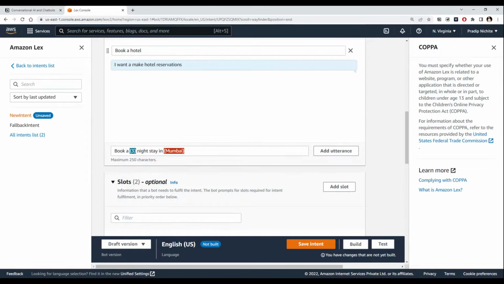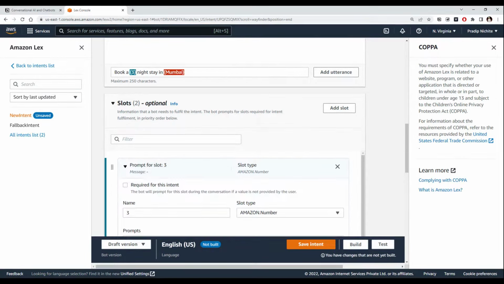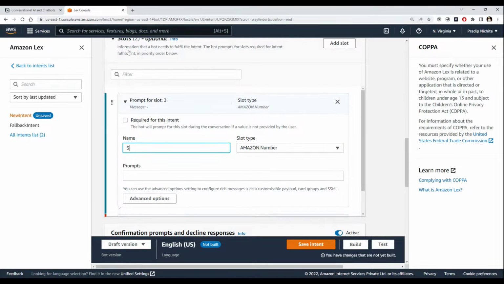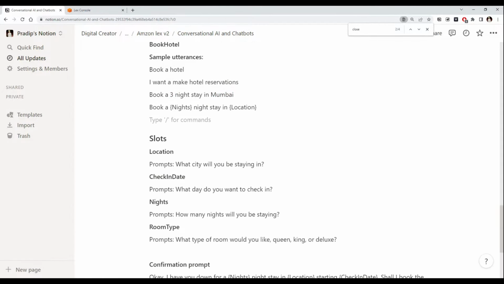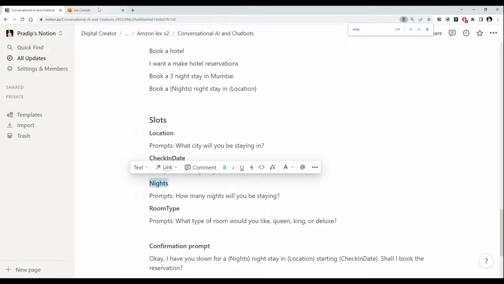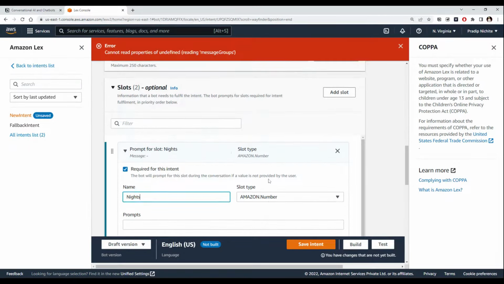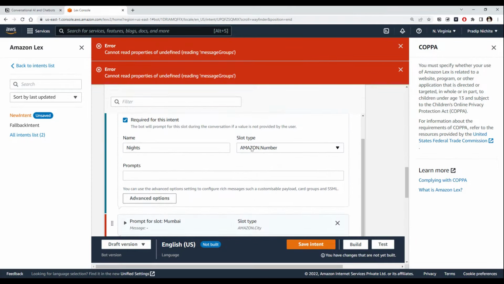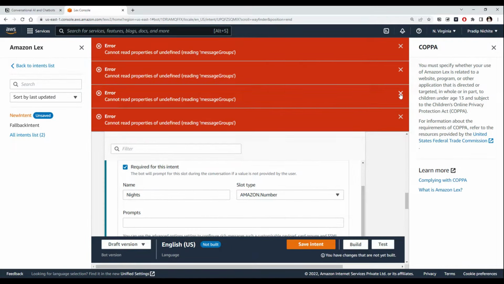You can see once we selected two values, two slots got created automatically, and we need to fill in some information for those slots. So if I go here, the slot name it took is 3, but we know 3 is just one possible value. We want to call it something like nights, how many nights they want to stay. So we can give this slot a variable name like nights, and it will be a number, right? And next, we can click whether it is required or not. For now you can just ignore these errors, whatever is coming,